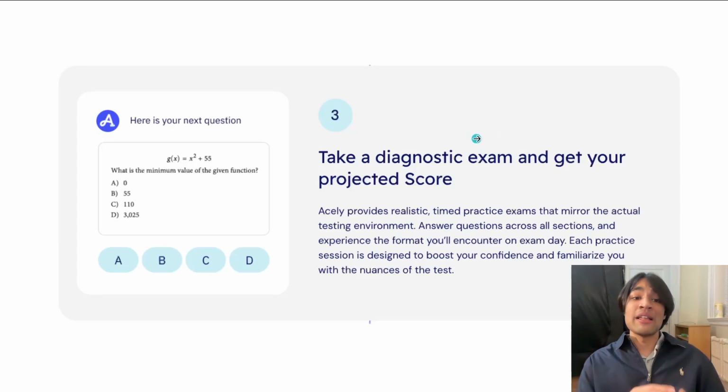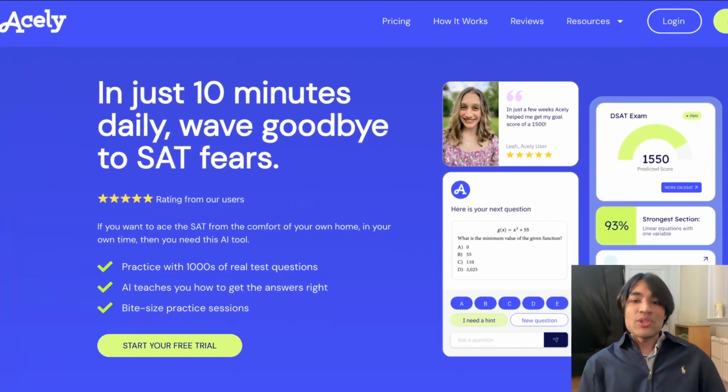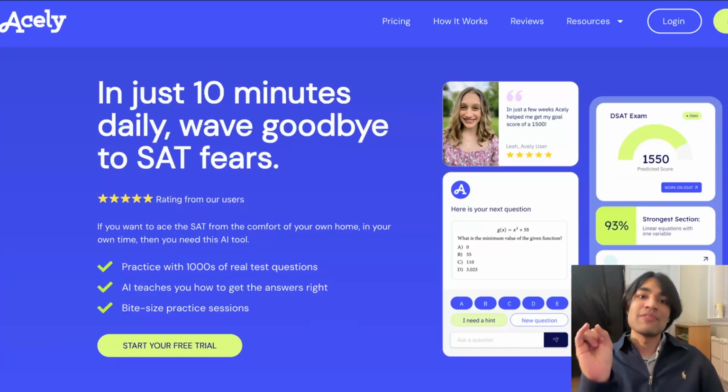a diagnostic exam eliminates a lot of that stress because you don't have to take the test multiple times. You just have to know what your projected score is, how much you have to improve, and you can plan accordingly. In addition to that, as you can see over here on the right-hand side, they also do offer those full-length exams, as well as this AI tool that tailors questions to you. So you can choose the difficulty of the question that you want and start to complete daily practice questions. Once we get into Barry and Terry, I'll show you exactly what I mean by those specific amounts of daily